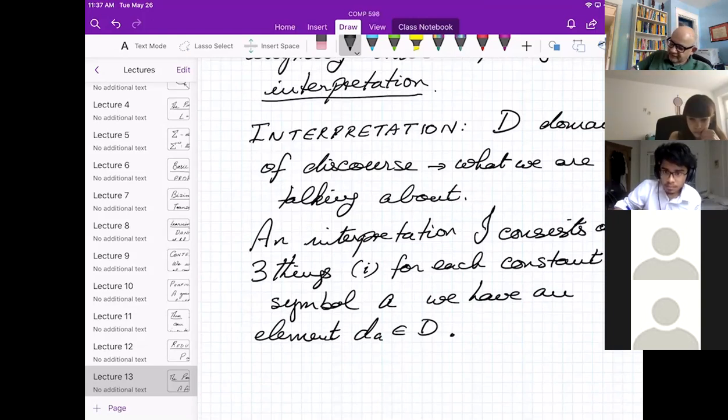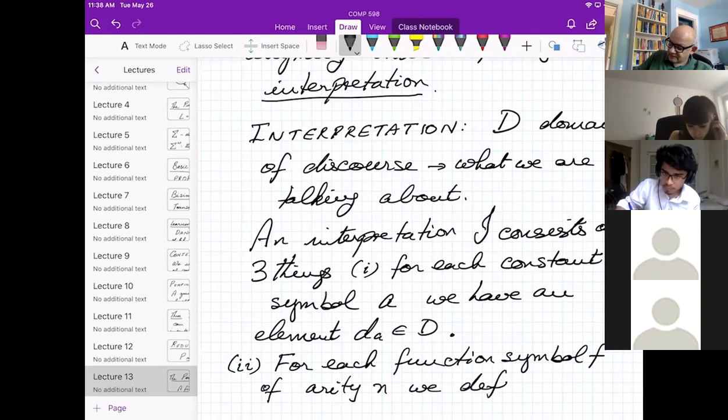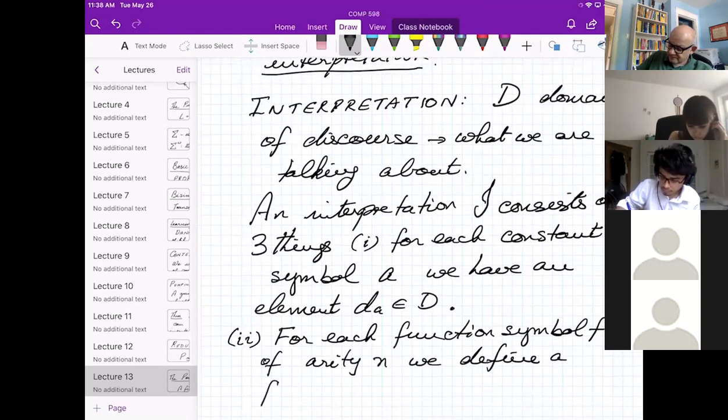All right, then for each function symbol f of arity n, we define a function. You notice the difference between function symbol, that's just notation with no interpretation, and function, which is a real live function, which I'll call f sub d to distinguish it from the symbol f.